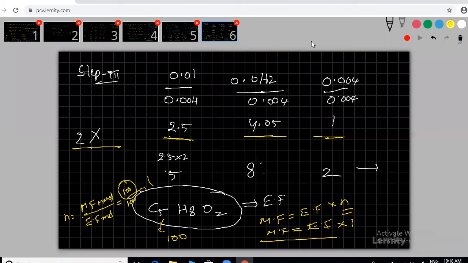How to calculate the number of moles? You'll find that concept very interesting. One more question you can try. There are so many books that give such questions. Just find that.